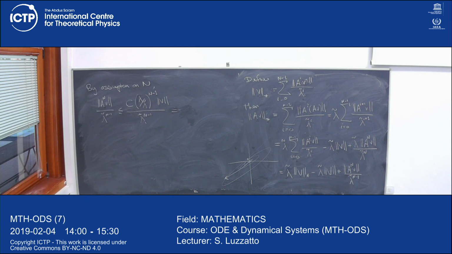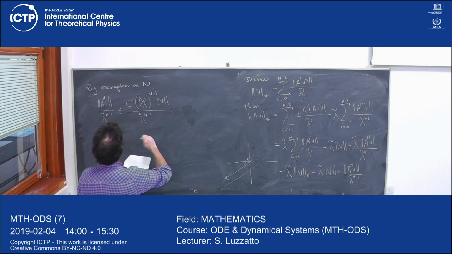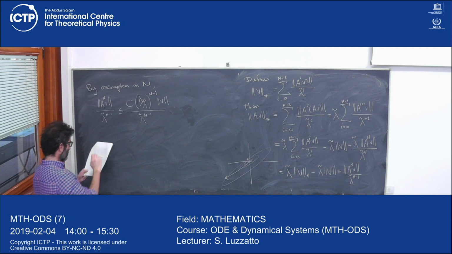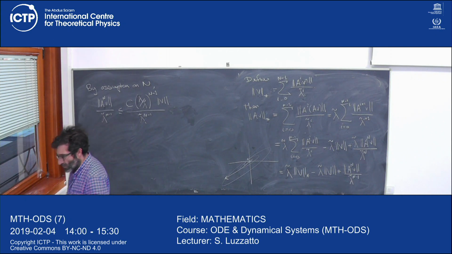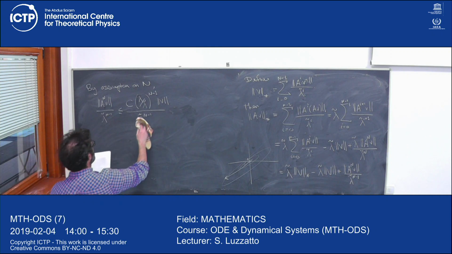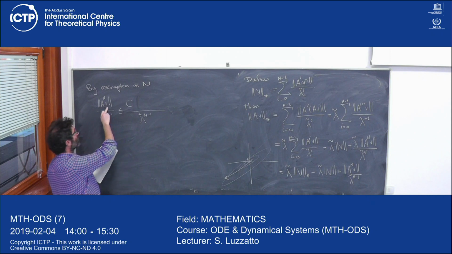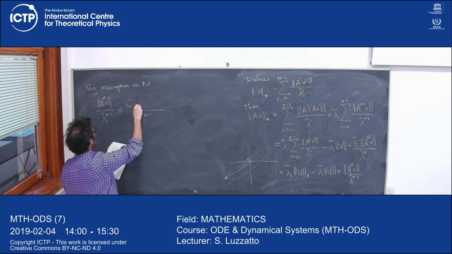We have seen the norm of A^n v is less than C times lambda to the n. Sorry, I missed one step here. What I meant to write is, you're right, that this is C lambda^n